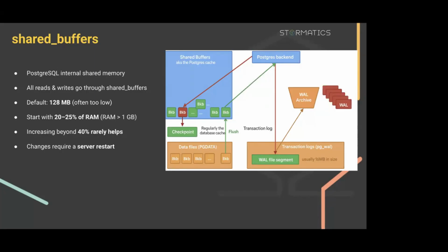But one important thing to make sure of is that going beyond 40% usually won't give you additional benefits. And what we have seen in production is that going beyond this usually results in an out of memory kill. So this should stay between 20 to 40%. It is also important to remember that because this is a postmaster level parameter, if you are going to make any changes to this parameter, you will require a server restart because the memory for shared buffer is allocated at startup. So you will need to